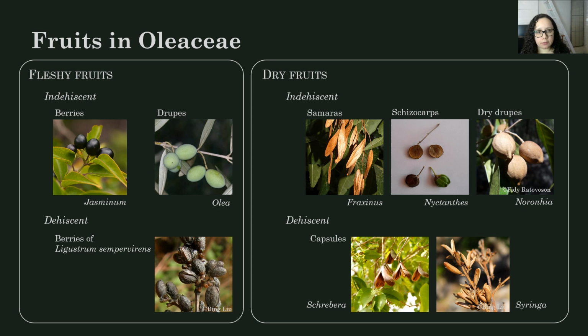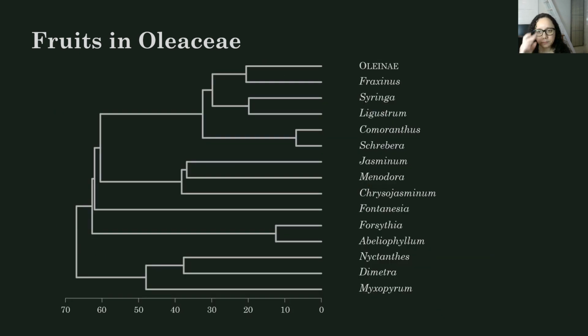To plot this in the phylogeny, so you have a sense of how they're distributed between the different taxa, here's how things are going to look. So the tips in this phylogeny are genera, except for the top one, which is a tribe, so it has multiple genera in it. Just so you have a sense of how big these are, Jasminum is the largest genus in the family, and Oleaceae and all the genera inside of it sum up to a little over 360 species.